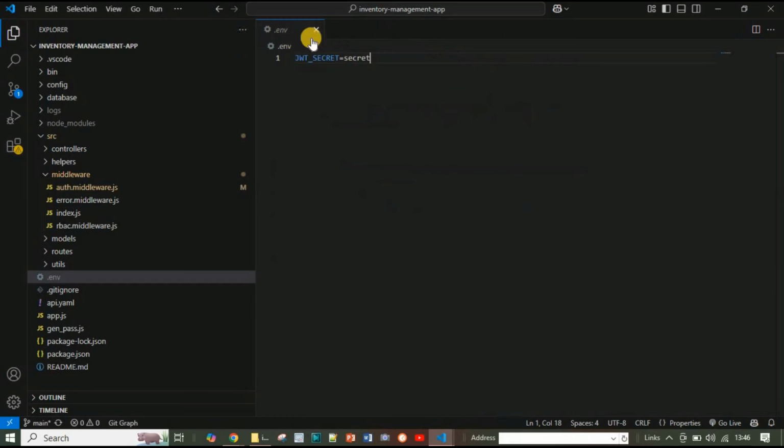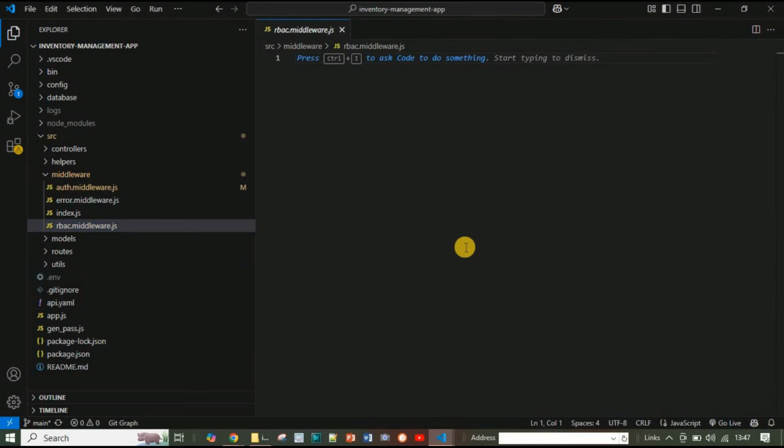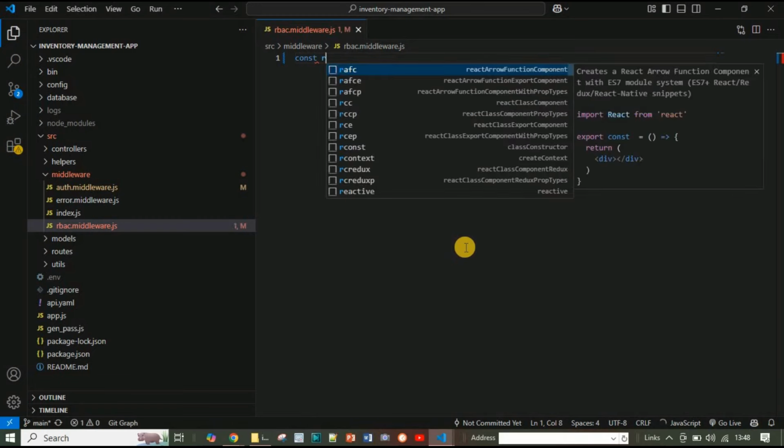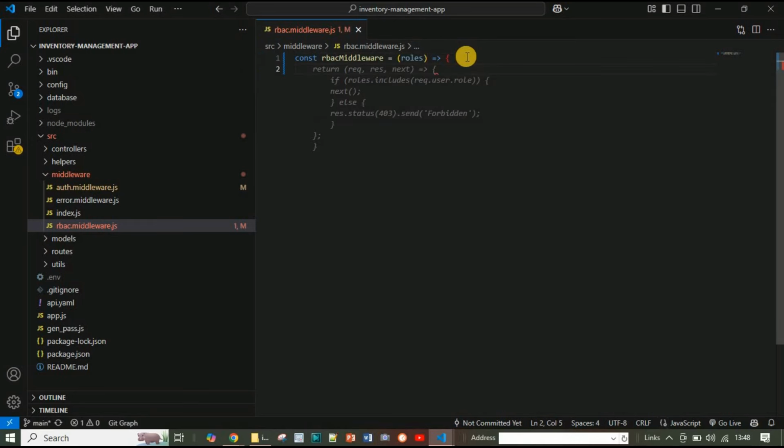After the auth middleware, I'll write the RBAC middleware. This middleware ensures that a user can only access certain routes if their role is authorized to do so. I will define a higher order function that will take the list of roles. So the RBAC middleware takes the list of roles, and it returns the request, response, and next middleware, and here it will check if the provided roles include